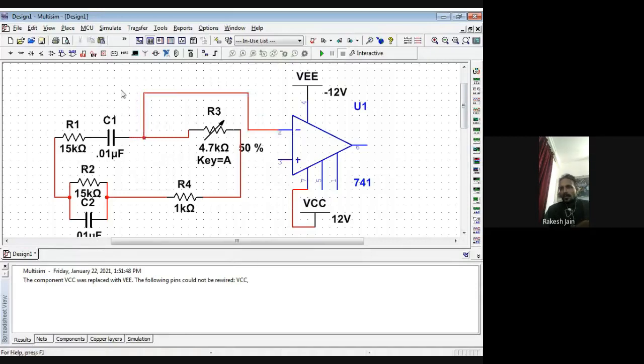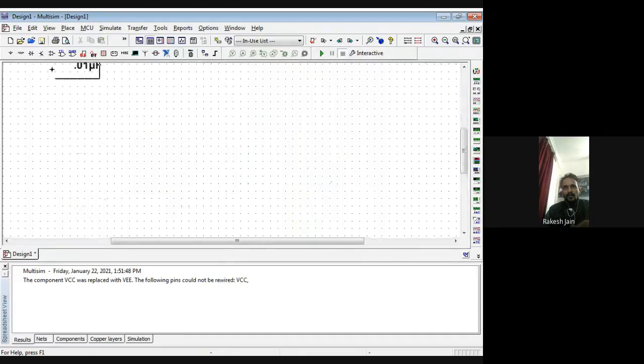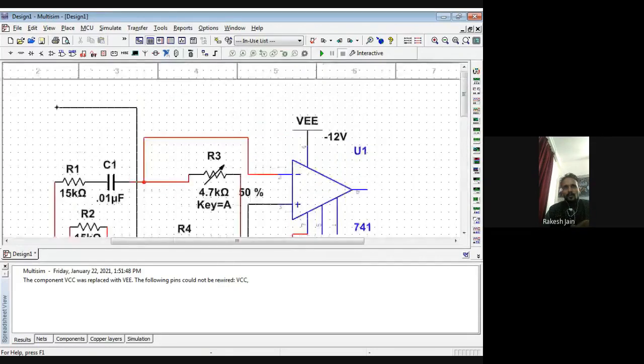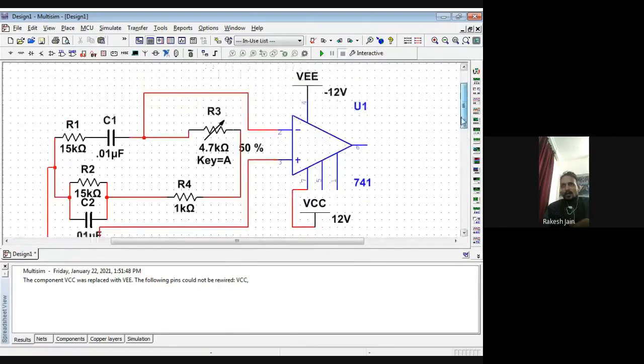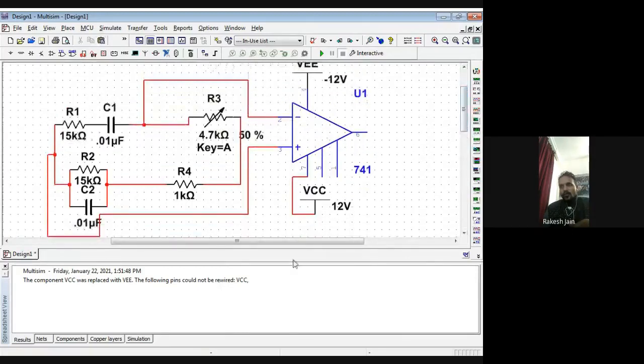Okay, and the third number pin is connected where this parallel combination and this series and parallel combination are connected. So this third number pin is actually connected with this point as per the diagram we just showed. Now we have to take the output.